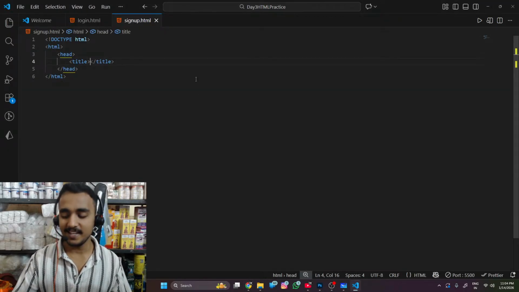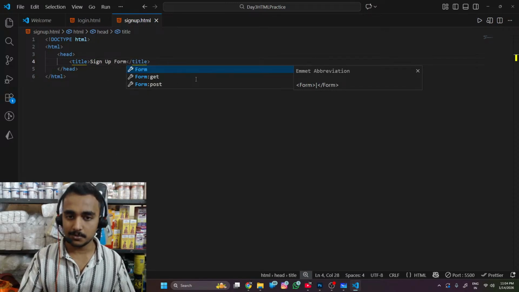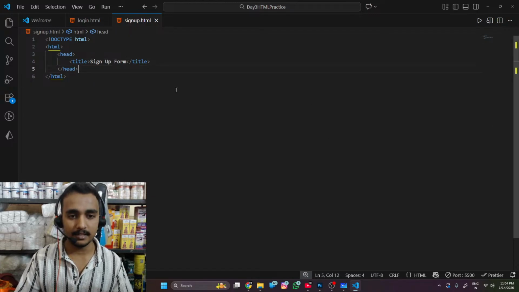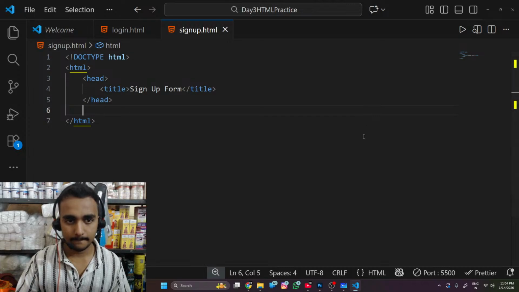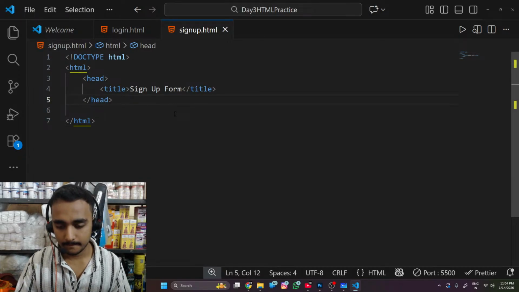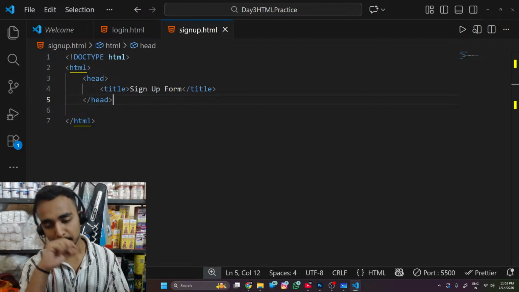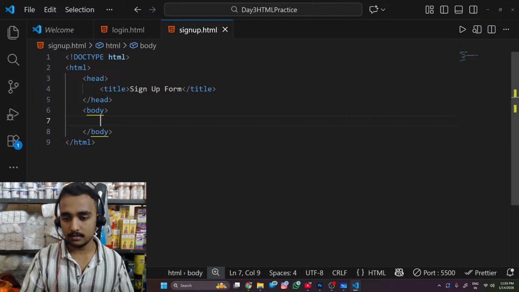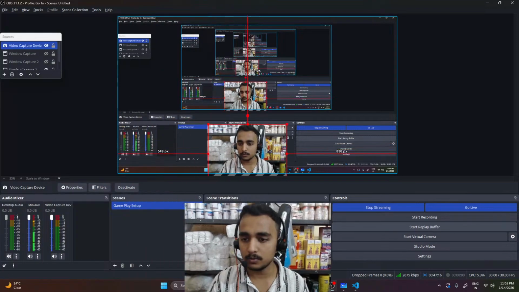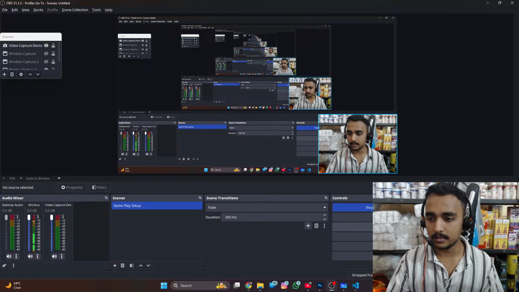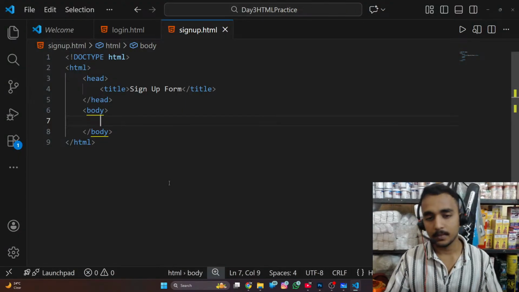हम लोग आगे बढ़ते हैं। ओके, तो टाइटल में साइन अप फॉर्म होगा, फॉर्म F-O-R-M. ओके, और हेड में अभी फिलहाल के लिए इतना काफी है। हेड के बाद वी विल गेट टू बॉडी। Let me put myself on that side, because इस साइड में पूरा कोड होने वाला है। मैं खुद को उठा के इस साइड में रख देता हूँ, क्योंकि फिर इस साइड पे आराम से कोड हो सकता है अपना।